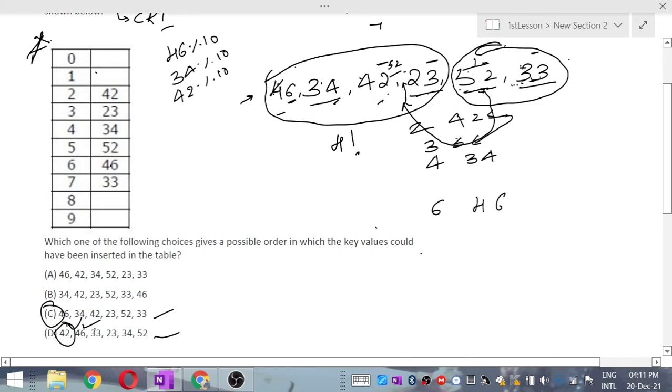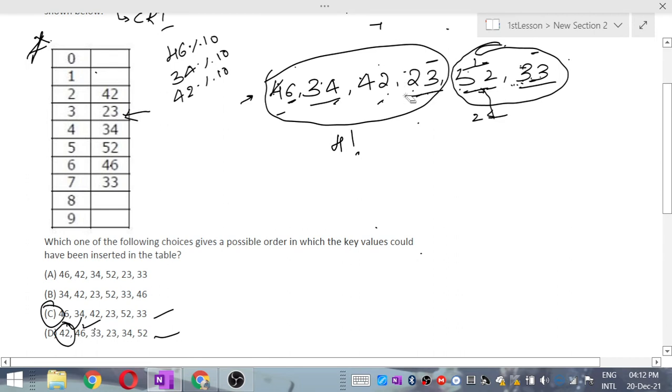See, it is taking the place of 23. 23 is supposed to be at the 3rd location, but if we insert 52 before 23, 52 will take that position. No, we cannot do that. We cannot put 52 before 23.